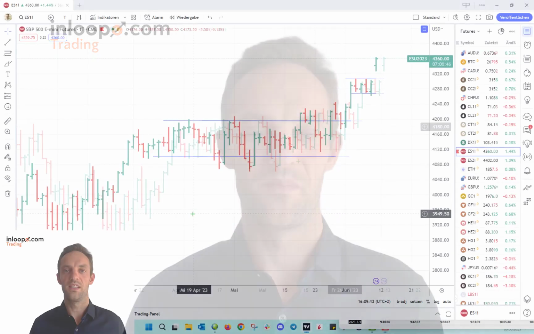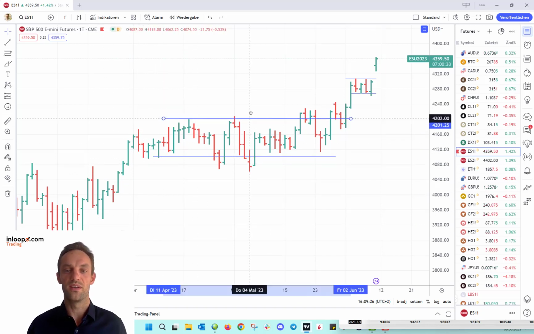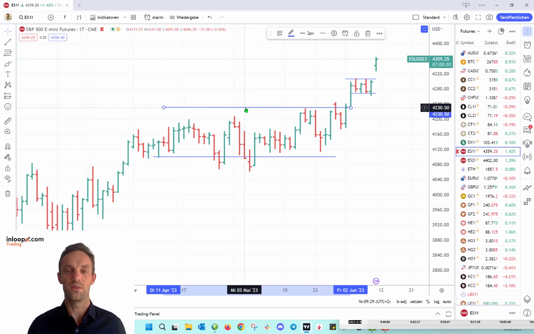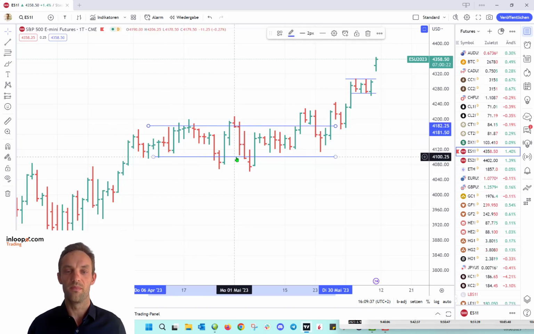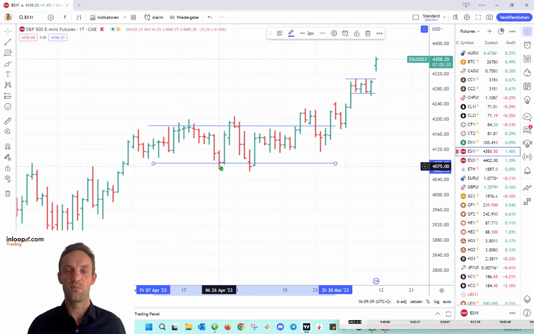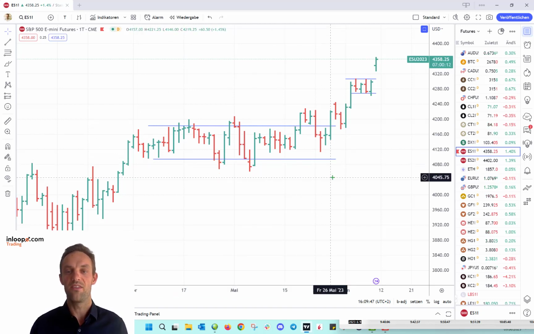So let's go. Here you can see my TradingView desk, and this is a standard way how most people look at the markets. You can see S&P 500 future contracts in a candlestick chart, and now the question is how to draw support and resistance lines. Is this now here the resistance, here, there, or where exactly to draw them? It's the same with the support lines. You can draw the same lines on the chart, move them up and down, and everybody is drawing them in a different way.